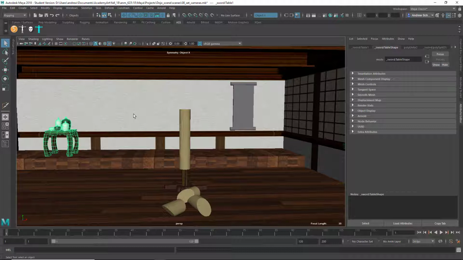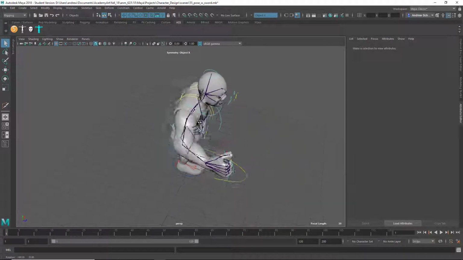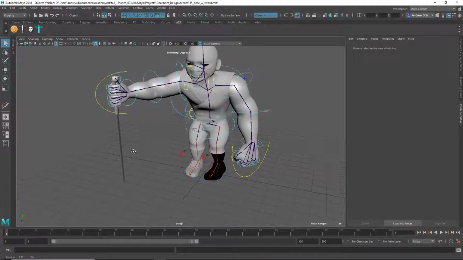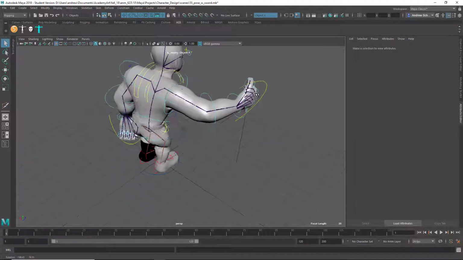Oh, and regarding your question of using the sword as a walking cane, you can simply parent the sword to the hand control curve, and then it should move with the hand. If you're going to be using the arm as a walking cane, let's open up your character real quick. I just wanted to point out, if you are going to use this as a walking cane, it's very important that the hand is able to stick, which is going to be nearly impossible in